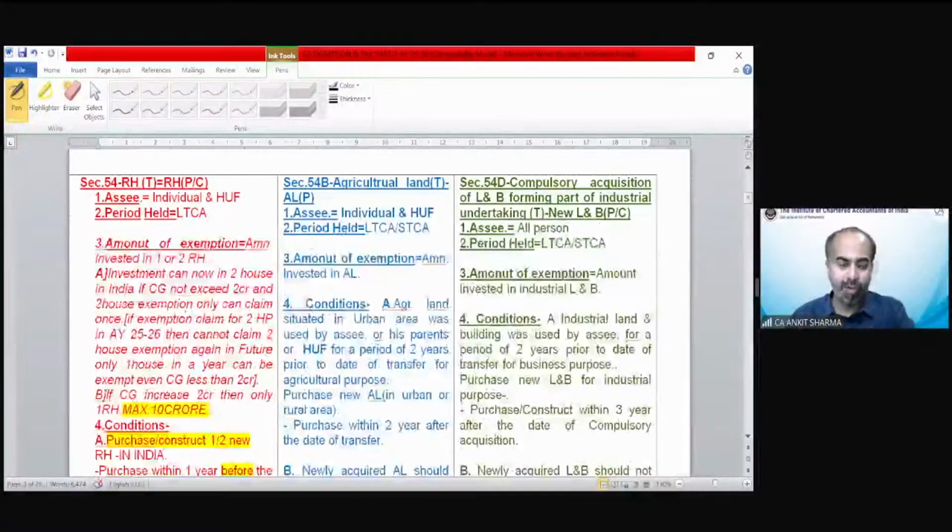So now we are moving on to investment-based exemption. So these are investment-based exemptions. There are 5 exemptions we have to go through to understand these concepts. So till now we have seen that if there is capital gain,